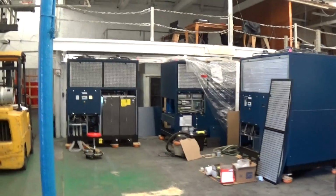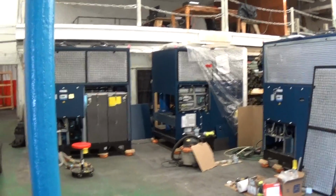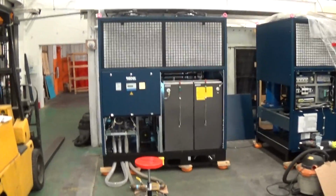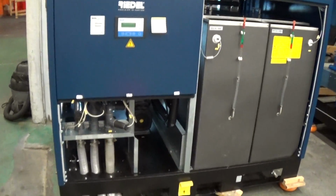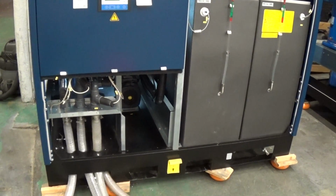We're here in the front shop of KIG, where we have these 3 Riedel chillers we're running off for our friends and customer in New Mexico. This is the unit that we're going to run and demonstrate today. Before I turn the power on, we're going to go over just a couple things on the construction and the